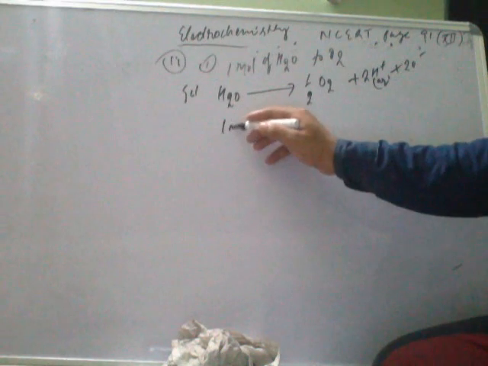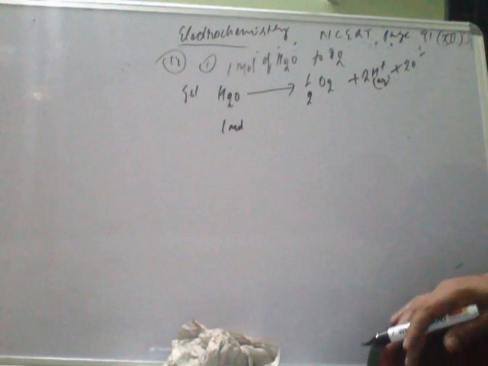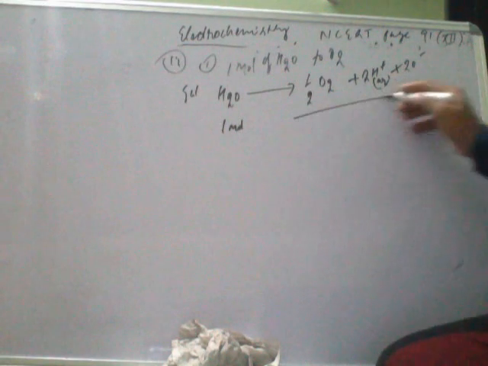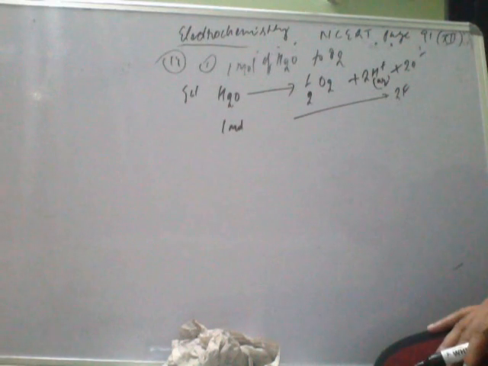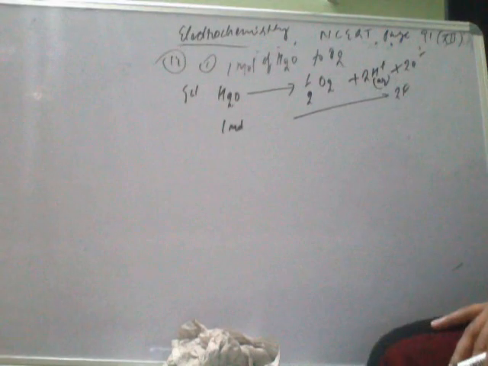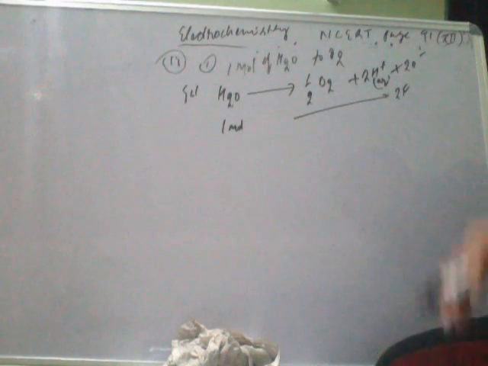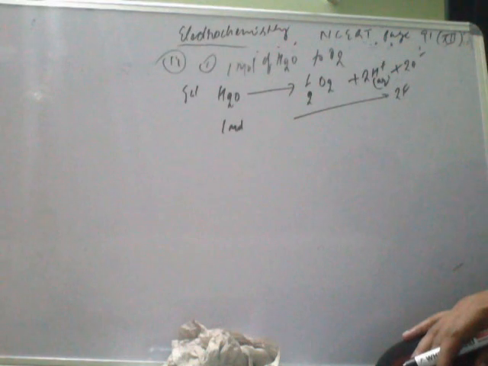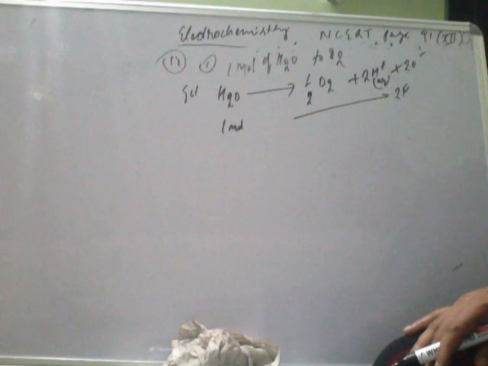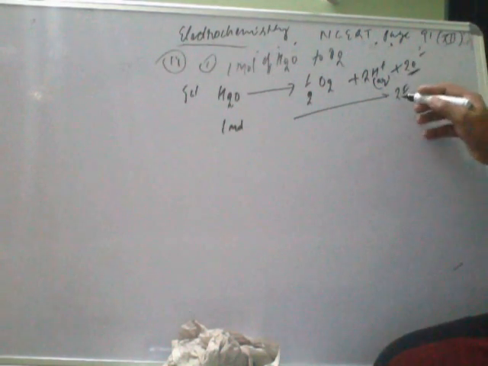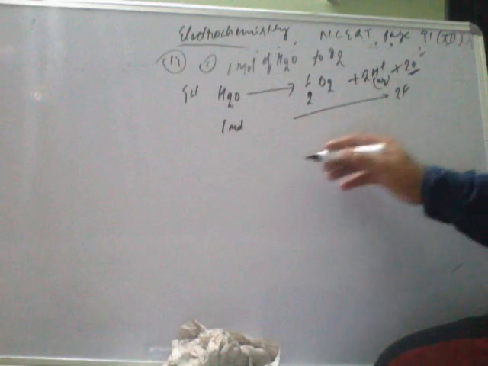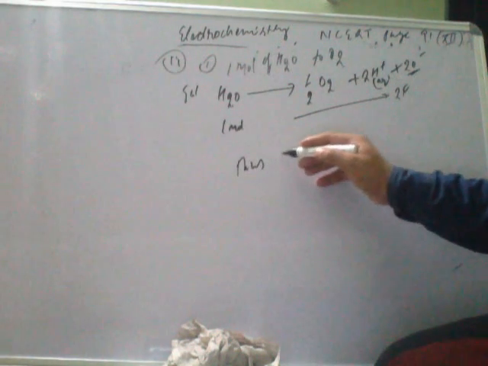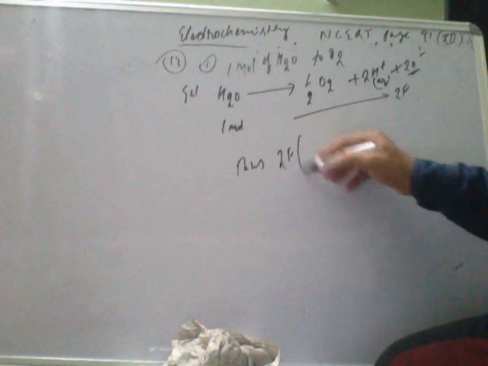1 mole of water you have taken, and the electricity here is 2 Faraday getting discharged. By the 2 Faraday of electricity, 1 mole of water gives half mole of oxygen, which is getting eliminated. So now see here, 1 mole of H2O requires 2 Faraday of electricity, right? So how much electricity is required in the oxidation of 1 mole of H2O? That is 2 Faraday.